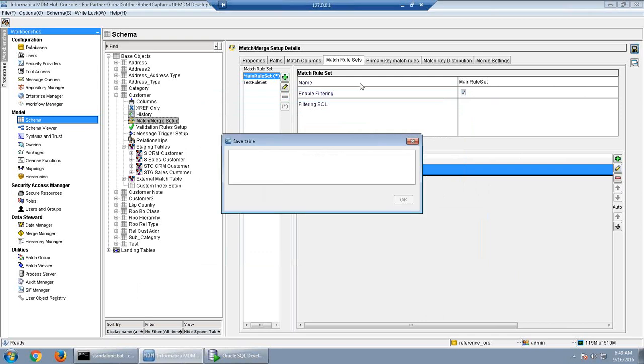Again, while saving, it will give you an option to reset the consolidation indicator values. So just click on yes, so that the match table is truncated and the consolidation indicator is reset to 4 for all the records.